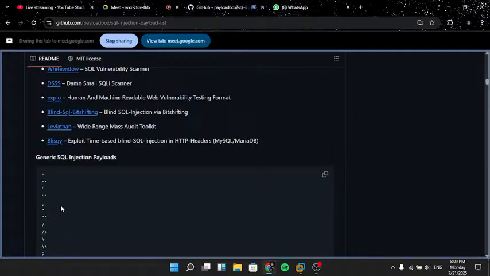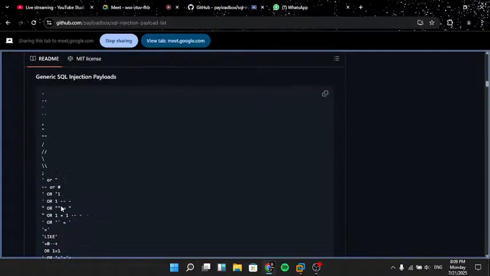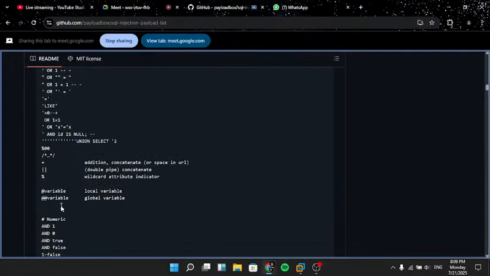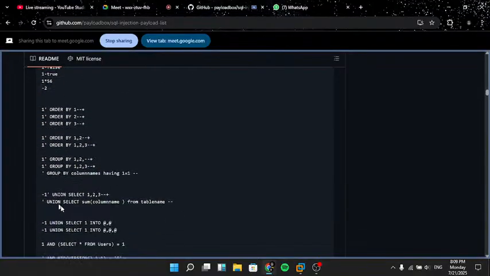What does this SQL injection look like? These are what they look like. They are basically statements that